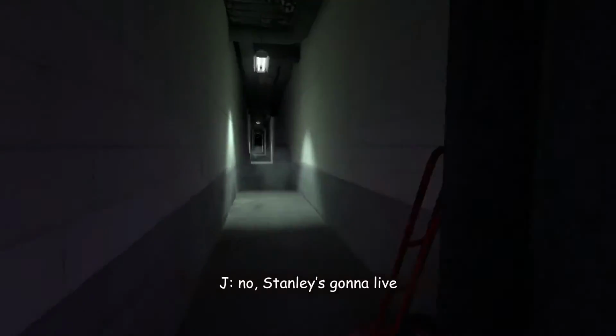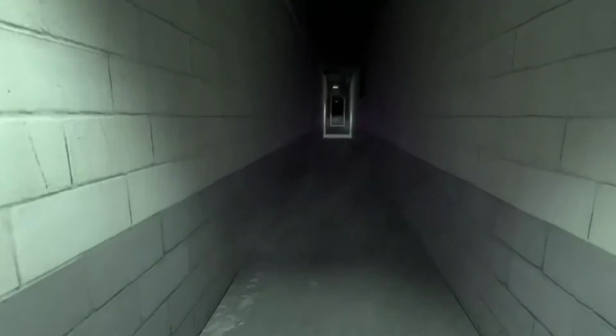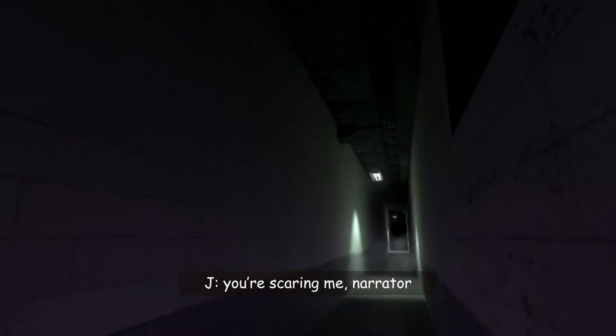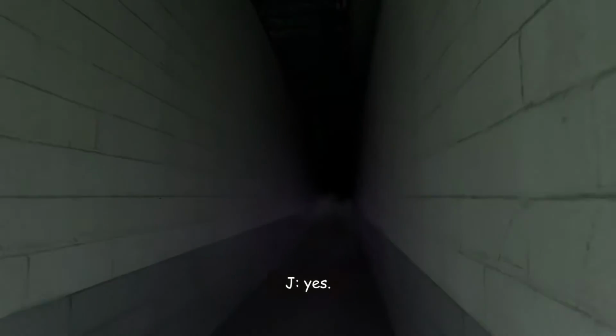No, Stanley's gonna live. I believe it. Stanley will live. The door behind him was not shut. Stanley still had every opportunity to turn around and get back on track. Jeez, you're scaring me, narrator. At this point, Stanley was making a conscious, concerted effort to walk forward and willingly confront his death. Yes, I think. Oh my lord. Okay, that is ominous.